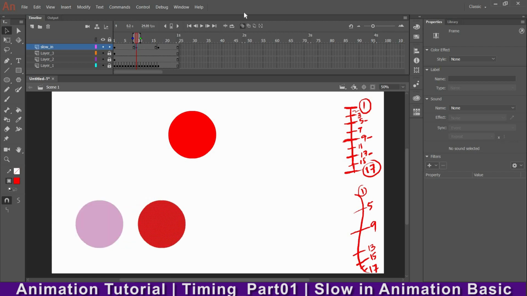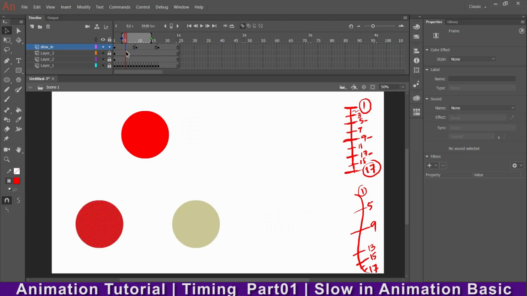Or let me open the onion skin. Then again I'll place one drawing in between F6, and in between, okay, here as well.